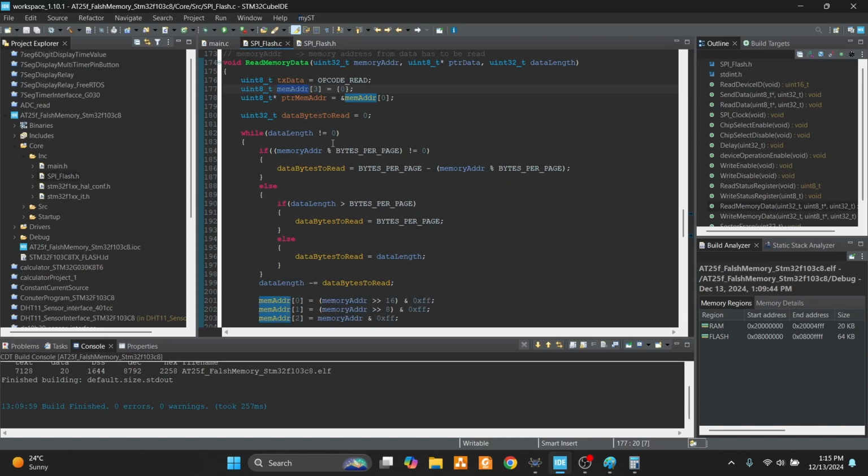Now what we are doing is we want to read a certain length of data, so we want to read a particular number of bytes of data, right? In our case we are reading 500 bytes of data from the particular memory location. So until 500 bytes are read correctly, until that time we have to continue this loop. So what we have done is, while the data length is not equal to 0, we are reading the data. Now coming to the memory address